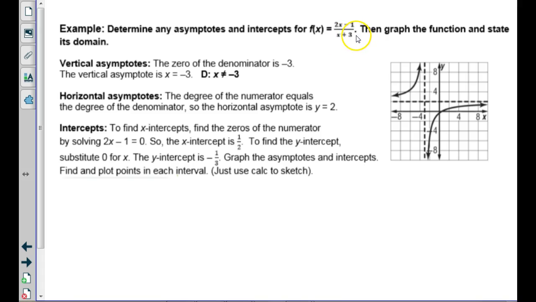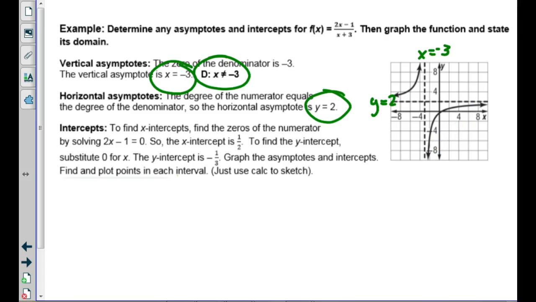Real quick, the domain could not be -3. So it had a vertical asymptote at x equals -3, okay, which is this line right here, going up and down. It has to be an equation because it's a line. It's not a point. What about the weight of these? Equal weight, but leading coefficients were what? 2 over 1. So we have y equals 2, this line, is the horizontal asymptote. Then to figure out the